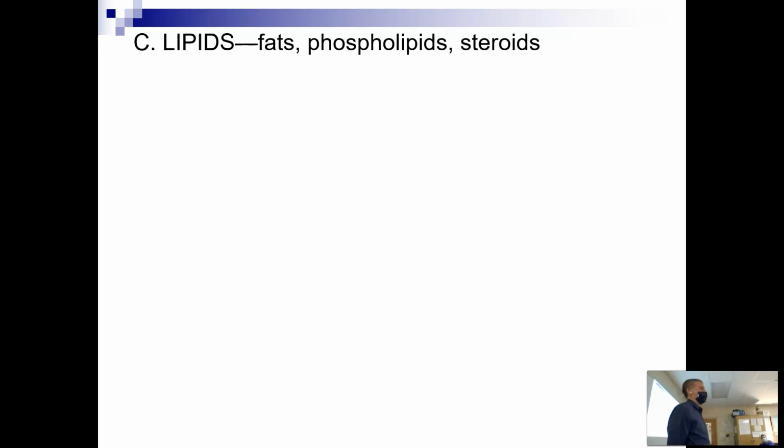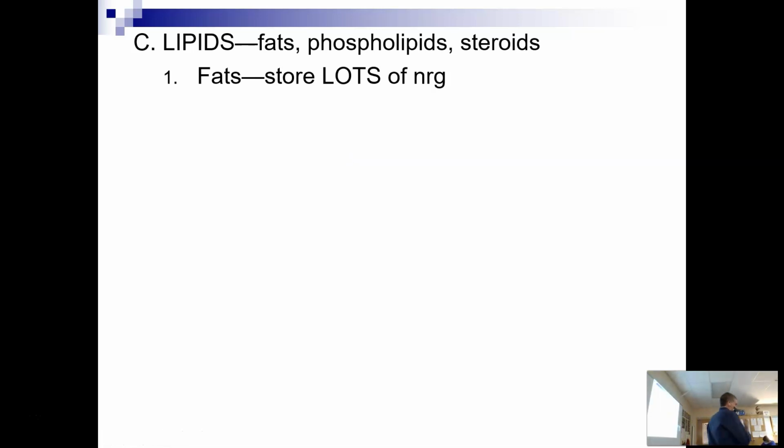Lipids you recognize, and that's part of what makes this kind of a heavy drawing day. You're going to be drawing a lot, so I'm sorry for that, but it's good practice. What makes them lipids is long chains of carbons with a lot of hydrogens attached to it. Pain in the butt to draw. We are going to zoom in on fats,